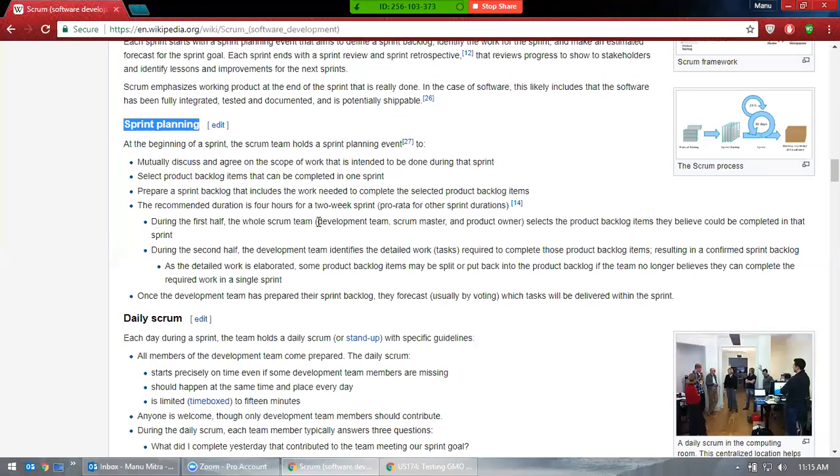So a lot of people attend. That is development team, Scrum Master. Scrum Master organizes this sprint planning. Not tester, not developer, Scrum Master, and product owner. All these people come in. But your boss, manager, is not invited in sprint planning. So nothing to do with manager, right? It's nothing to do with any manager.